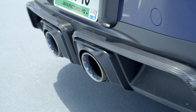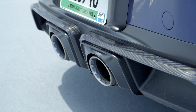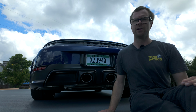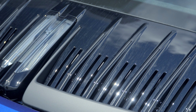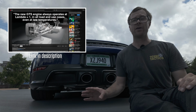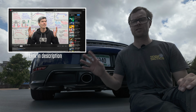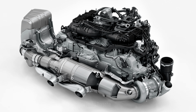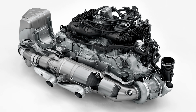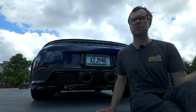The engine in this car has also been drastically changed. The displacement has gone from 3 liters in the previous generation to 3.6 liters for probably one factor, and that has to do with Lambda 1. I'll let another YouTube video explain that one. So it should be a more torquey engine, but it does produce about the same horsepower, 478 compared to 473